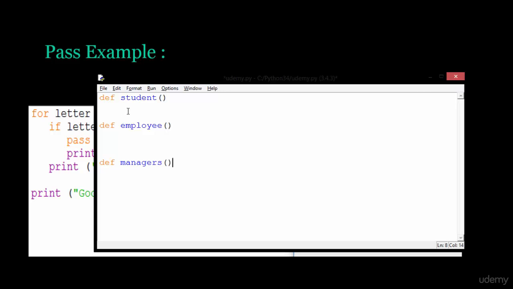But my friend in the team is going to write the code here, and my other friend is going to type the code here, and I am going to type my code here,